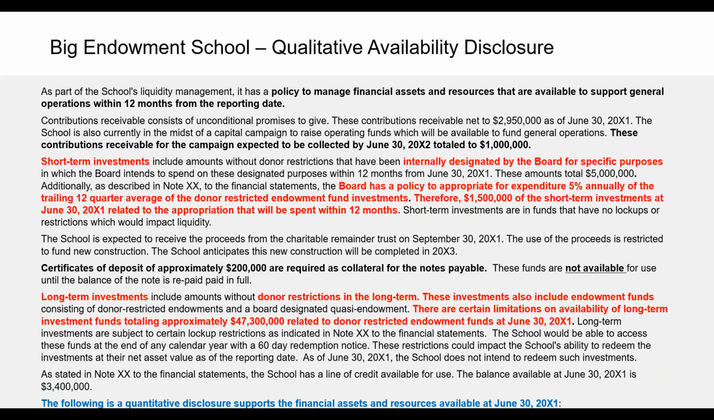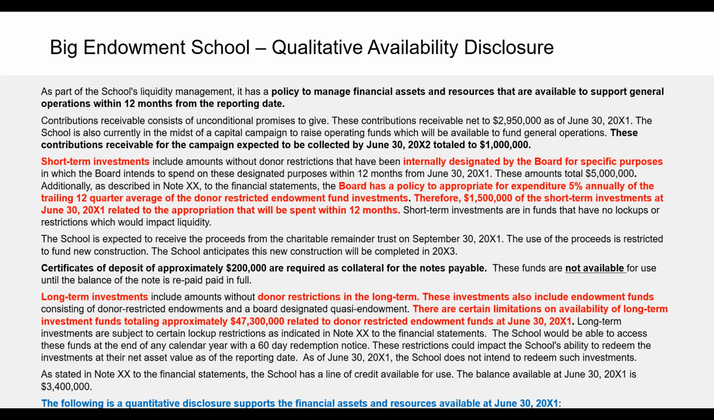Short-term investments include amounts without donor restrictions that have been internally designated by the board for specific purposes. Give the amount. These amounts total $5 million. Additionally, as described in the notes, the board has a policy to appropriate for expenditure 5% annually of the trailing 12-quarter average of the donor restricted endowment fund investments. Therefore, $1.5 million of the short-term investments at year end related to the appropriations that will be spent within the